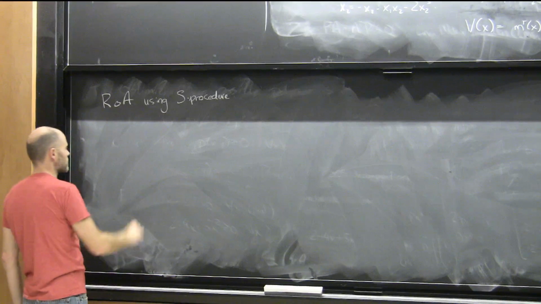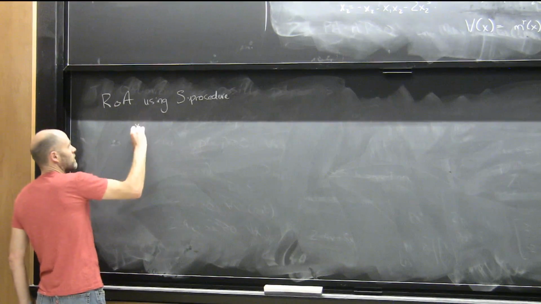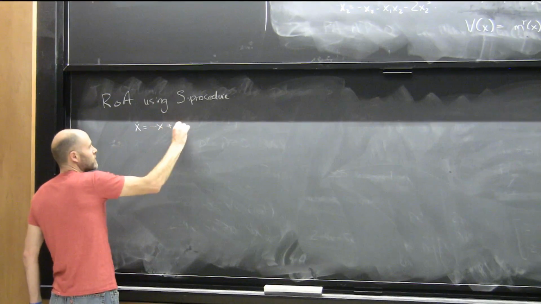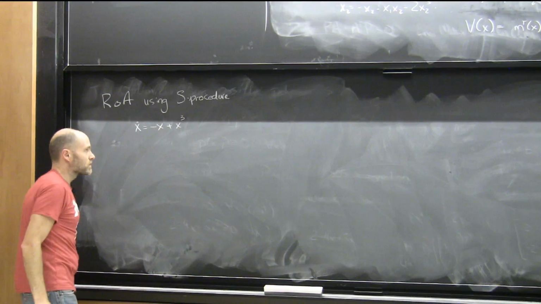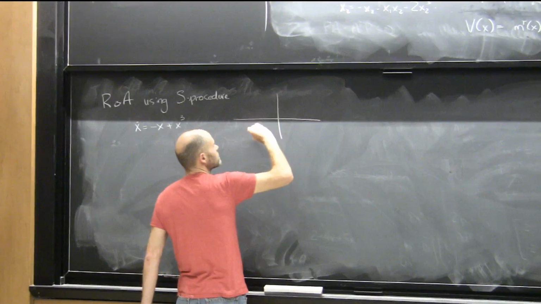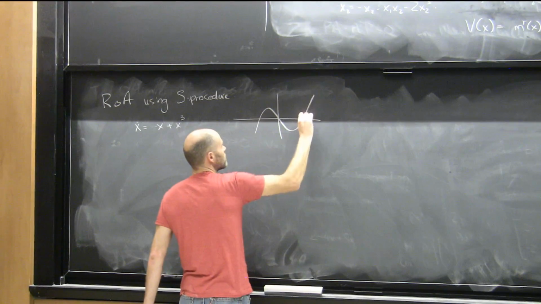So for instance, just to give an example that we can think about with it, this will be a general algorithm, but just so I can draw pictures along with it. This was one of the systems that Tabia used. It's one of my favorite systems. It's the one that goes like this, right,